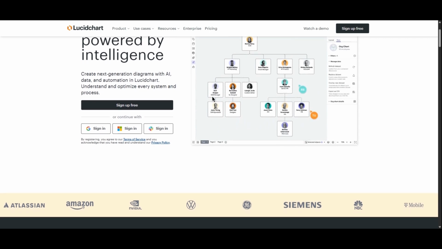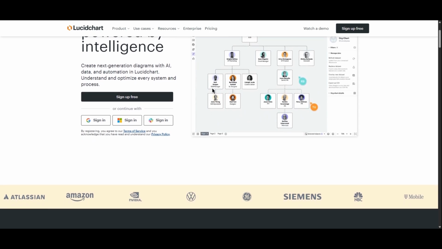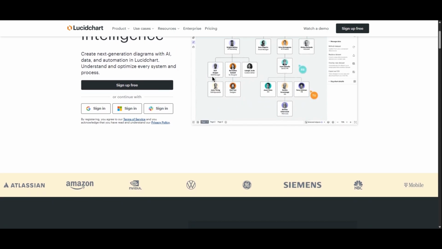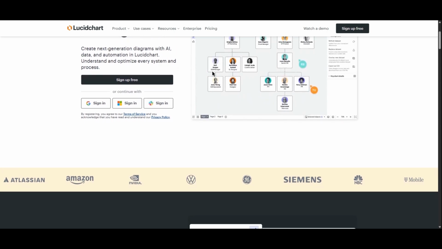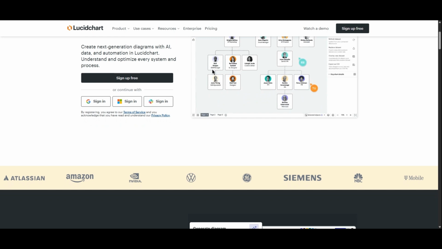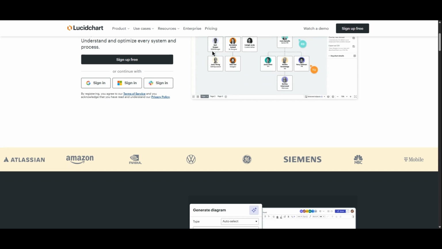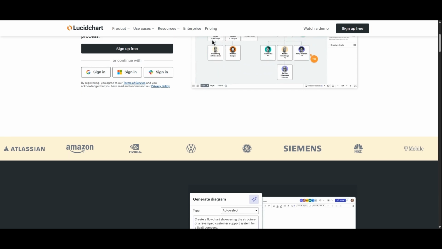Lucidspark is a modern, cloud-based online whiteboarding platform designed to help teams ideate, organize, and work together visually in real time. It is more than just a digital canvas. It is a dynamic space where creativity meets structure. From sticky notes and mind maps to strategic planning templates and voting tools, Lucidspark empowers teams to transform messy thoughts